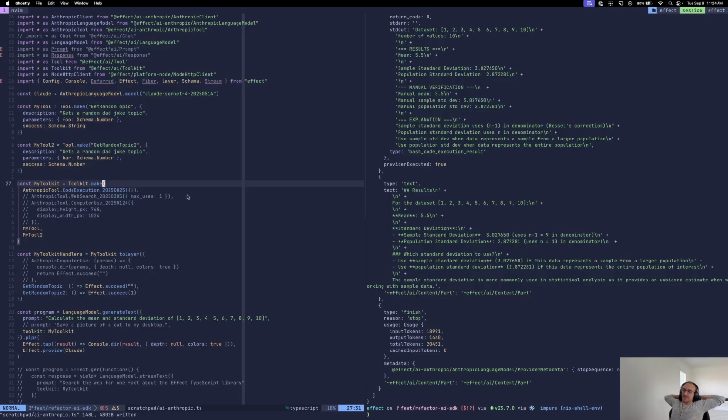All right. So now that built-in tools are working pretty well, I think there are two more things I really want to tackle before I start just rolling out the rest of the providers, like basically trying to turn this into a finished PR. The two additional features I want to tackle are